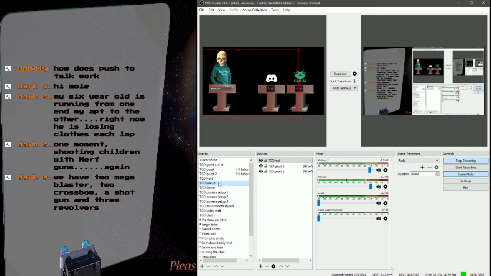downloading a picture of a plant with a white background, color keying the white background out, and putting the plant on a picture of a table with the white background color keyed out, and layering it up and building your own scene. Okay, so I remember that. Then you create scene 3. In scene 3, source 1 will be your scene 2, which was your background. Source 2 will be scene 1, which was your characters. Source 3 will be the video that you overlay. I get what you're saying.